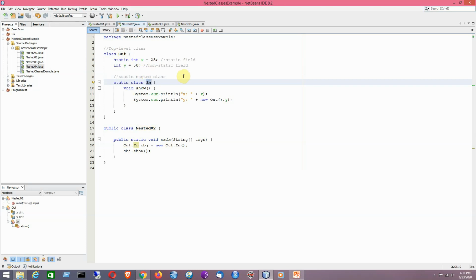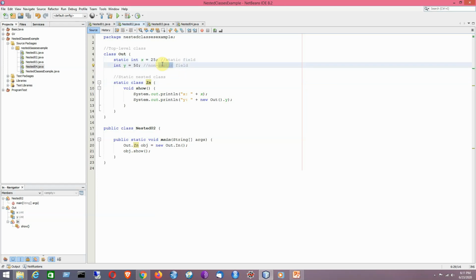And like static class methods, a static nested class cannot refer directly to instance fields or methods defined in its enclosing class. Say for example, in that particular programming example, we are having two fields, a static field and a non-static field.